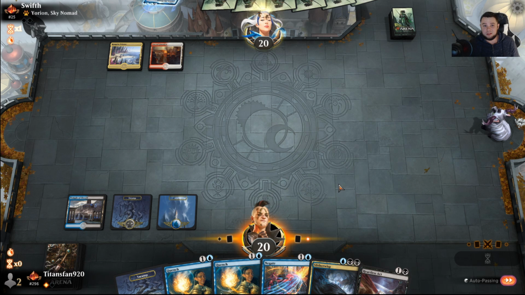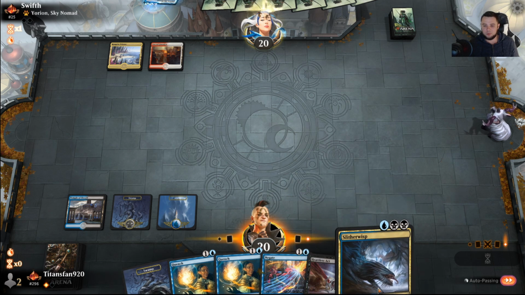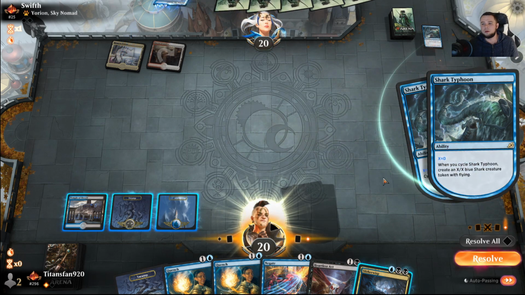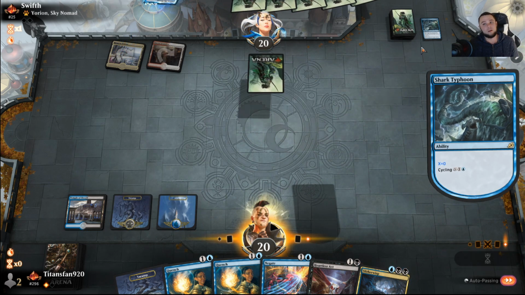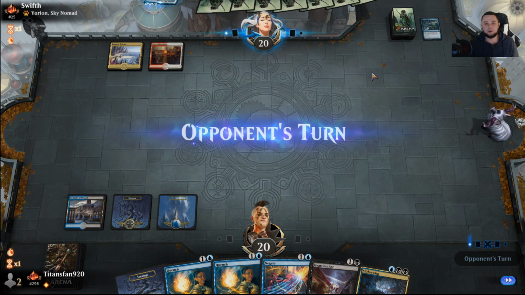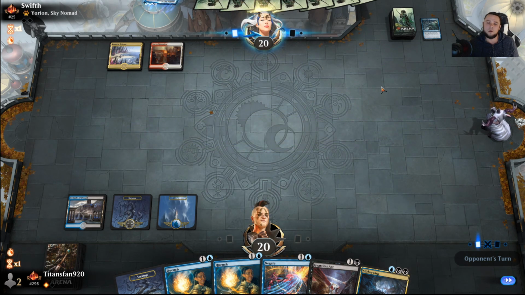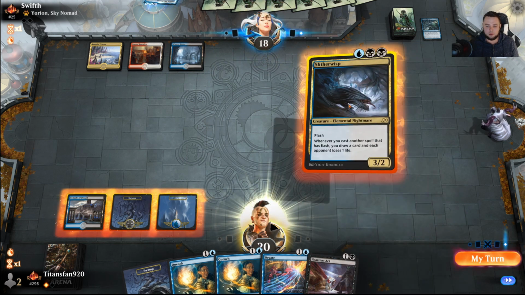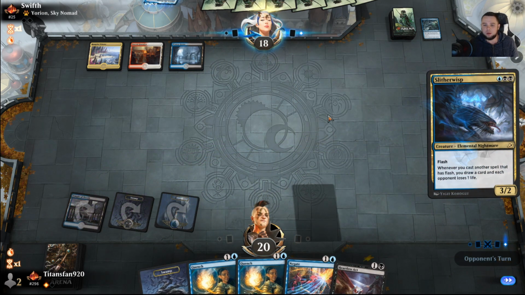If they don't have another land this turn, we're in real good shape, so we can possibly get Slitherwisp down and just start running away. That'd be sick. The no value cycle of Shark Typhoon. I gotta watch out for Shark Typhoon now. That's one thing I've learned. No lands. No lands. Okay, they have lands. We gotta try to play it. If they counter it, they counter it, but...